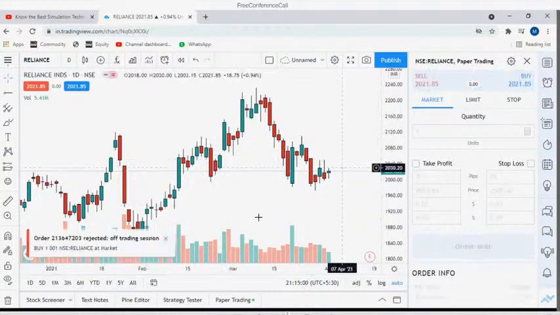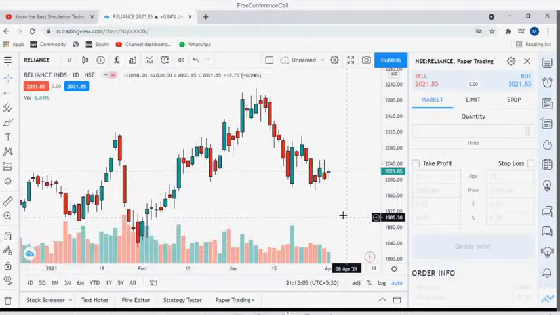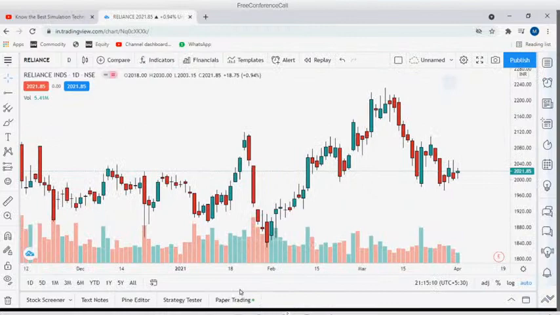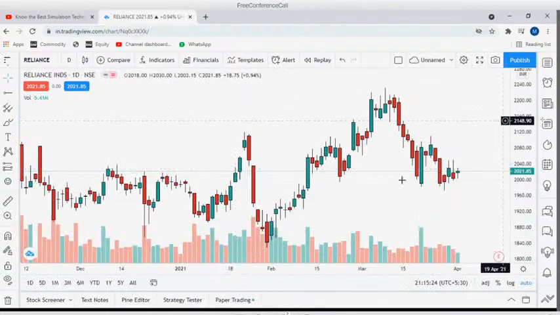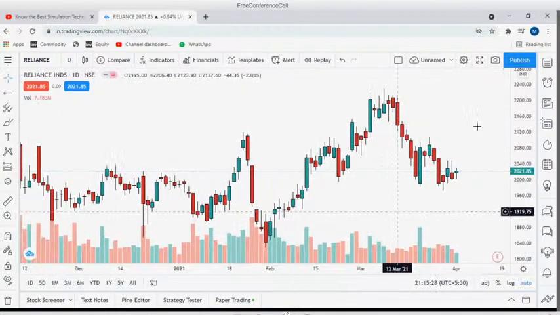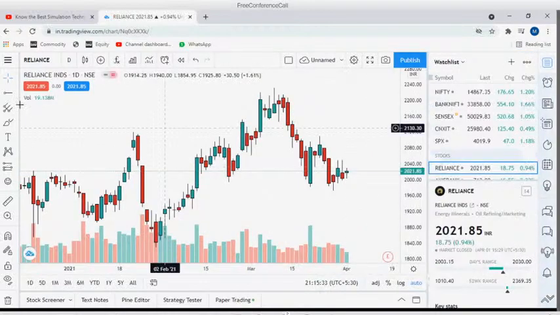Okay. Now since today is a holiday, it is getting rejected. But usually when you place an order, your order book will start showing it here. Once it gets executed, it will start showing at the bottom whatever stock you have purchased, how much quantity, and what the fill price is and all those things. Okay, try it out. Now the other thing is, I hope you got an understanding of placing orders, buy and